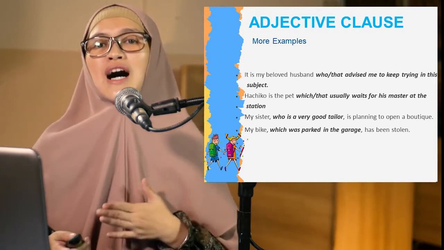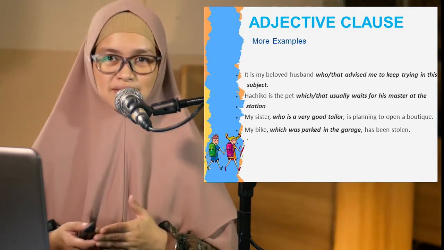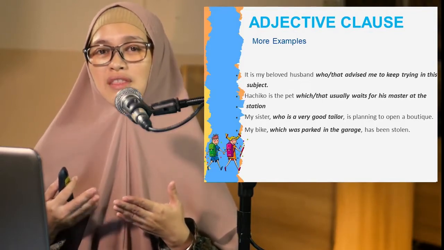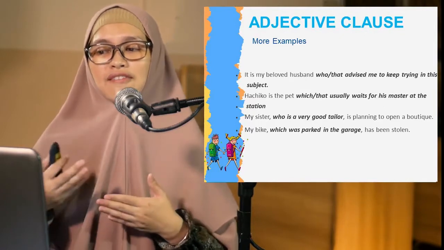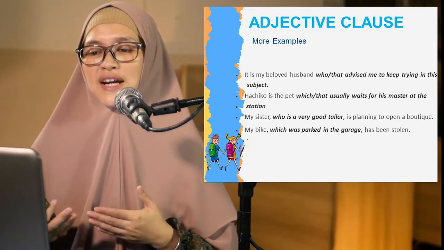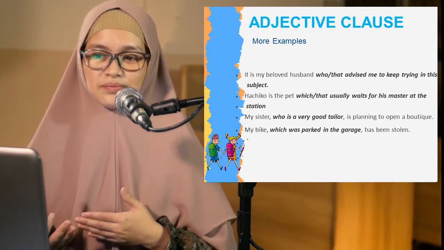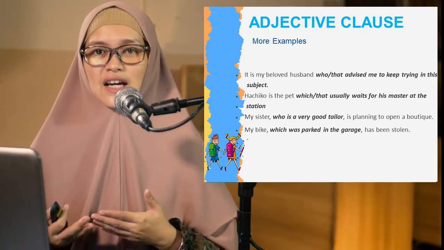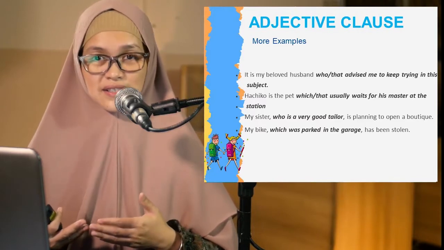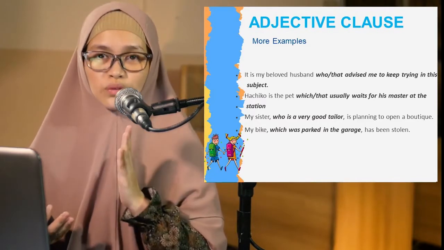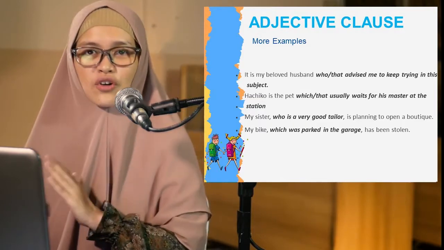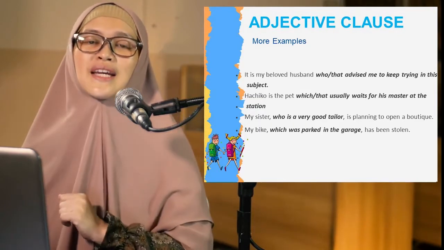It is my beloved husband who, or we can also use that, advised me to keep trying in this subject. It is my beloved husband. It is a clause, who advised me, or that advised me to keep trying in this subject,